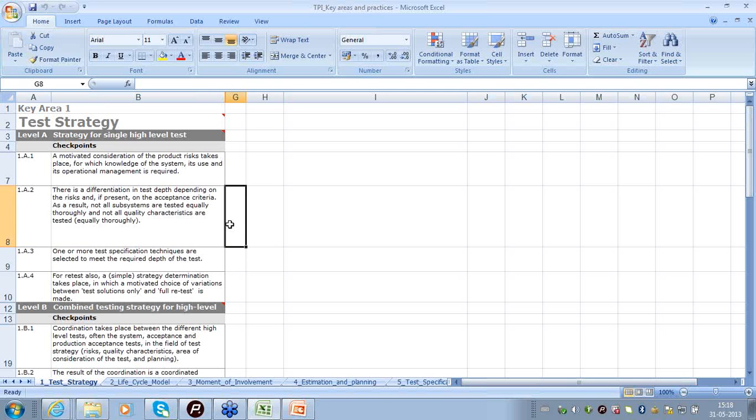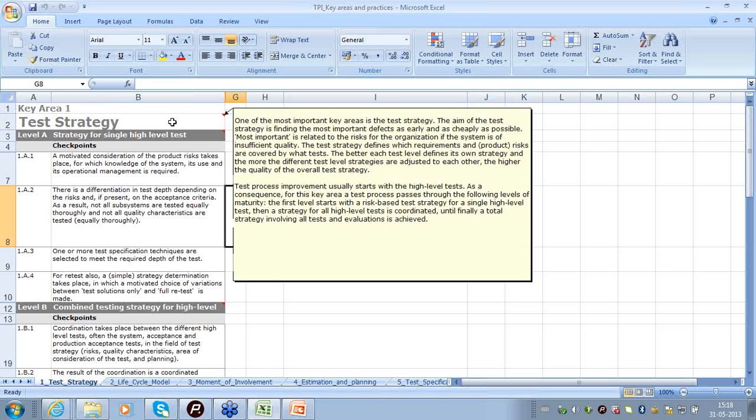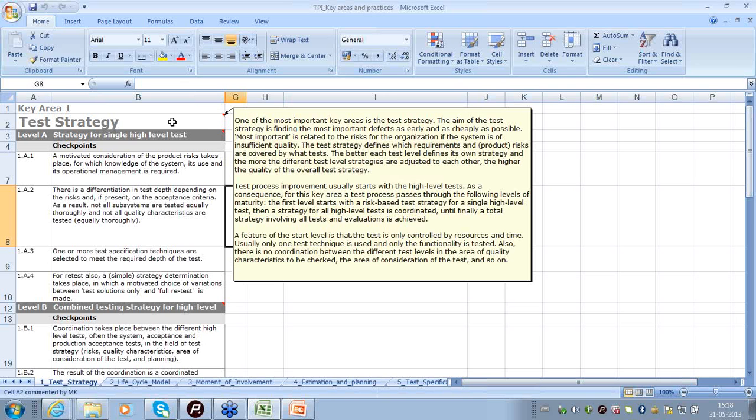Now let us look into the summary of what each key area requires.